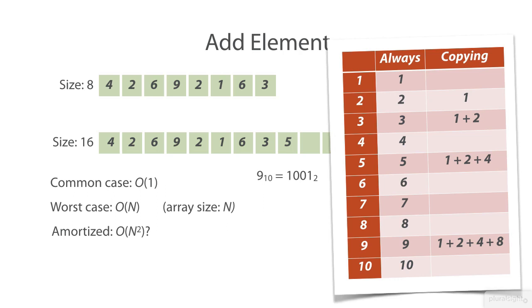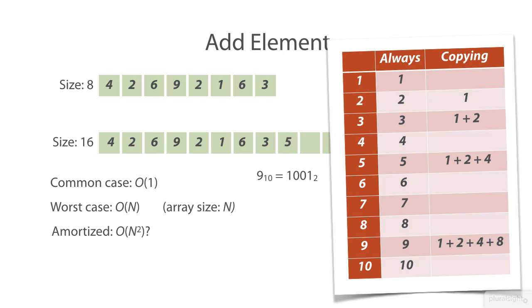Take a look at this. This is 9 written in decimal to the left and as binary to the right. Just like a decimal number is the sum of its rightmost digit times 1, plus the second rightmost digit times 10, plus the third rightmost digit times 100, and so on, each binary number is also the sum of its rightmost digit times 1, plus the second rightmost digit times 2, plus the third rightmost digit times 4, and so